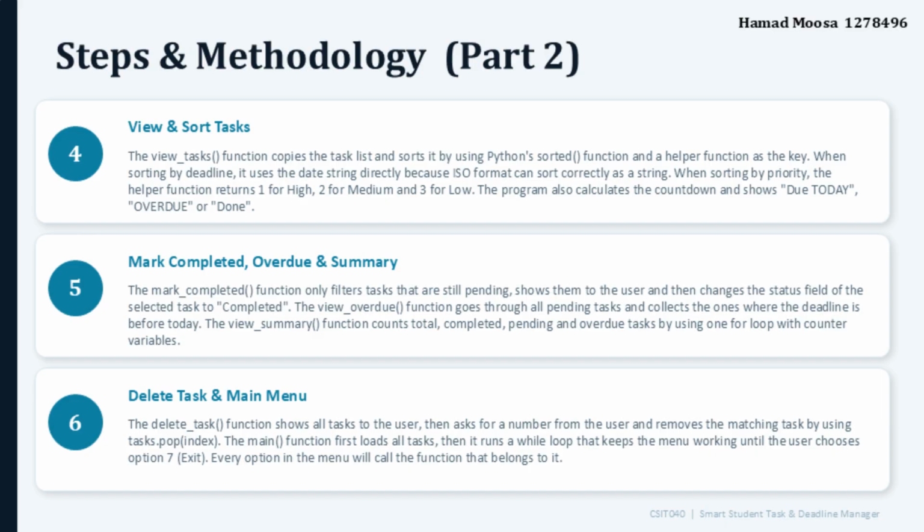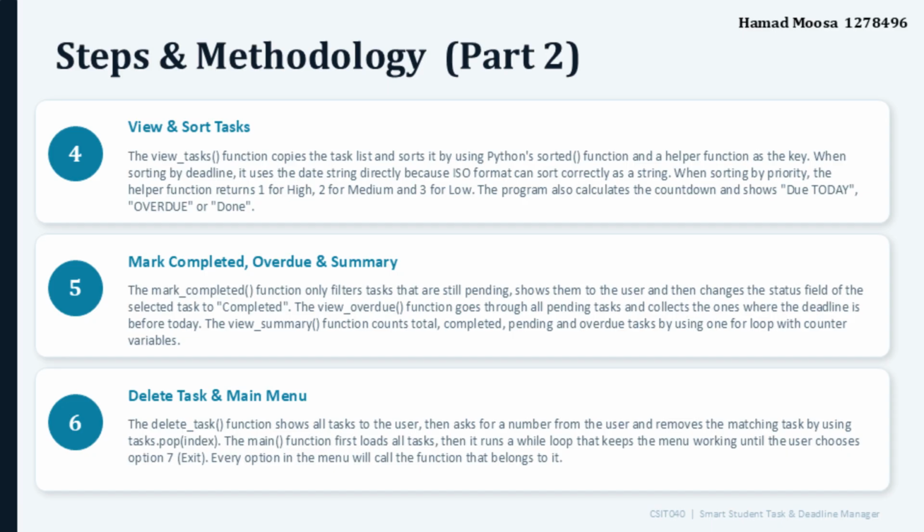In this feature, the program displays all saved tasks and sorts them according to their deadlines. I use Python's sorted function together with a helper function to organize tasks by date. Since deadlines are stored in ISO date format, they can be sorted as strings. The program also calculates how many days are left until each deadline and shows useful status messages such as due